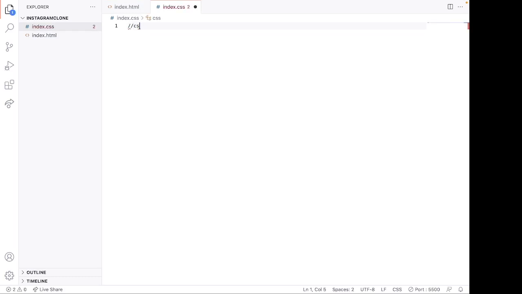CSS reset. So when we say, sorry, this is not how to write a comment in CSS. All right. So when we say CSS reset, what we're simply doing is we're removing the default styles, or some of